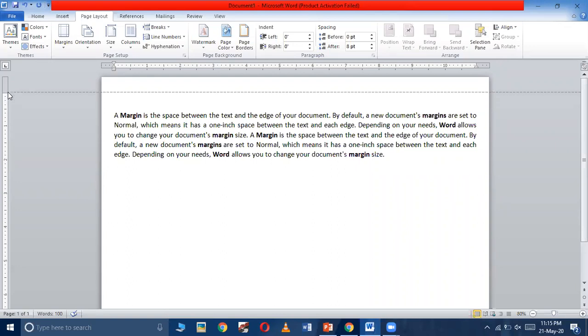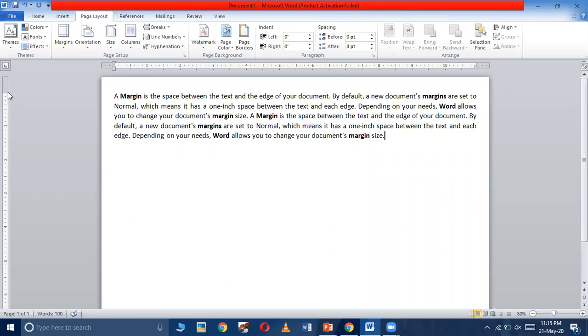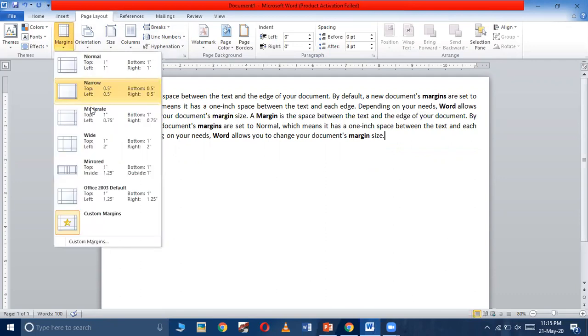By this, you can increase or decrease the page margin. This was one of the manual ways of increasing and decreasing the page margin. And one more way for decreasing or increasing the page margin is by going to the Margins option in the Page Layout tab, and then selecting the different margins given to you by the Microsoft Word application. So select whatever page margin you want. According to that, the page margin will be applied.